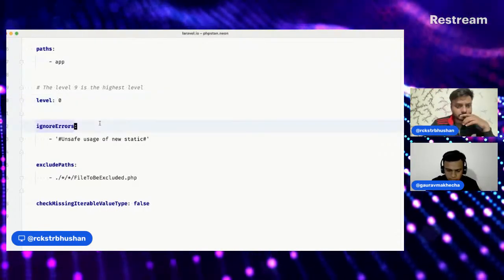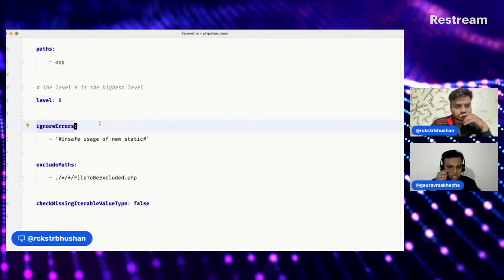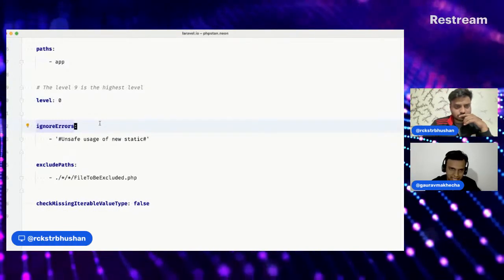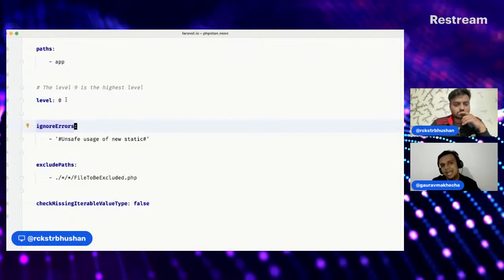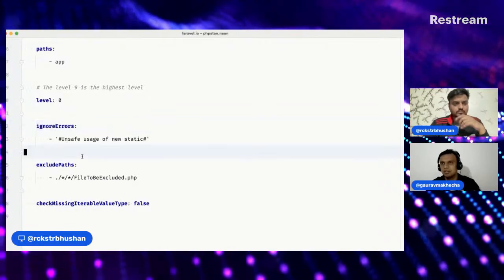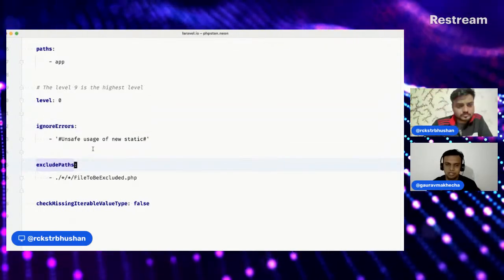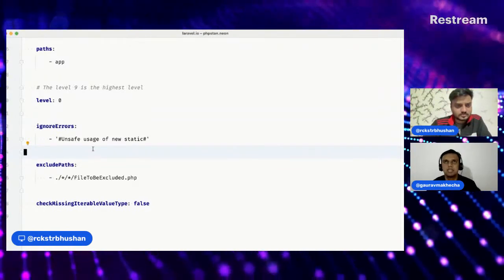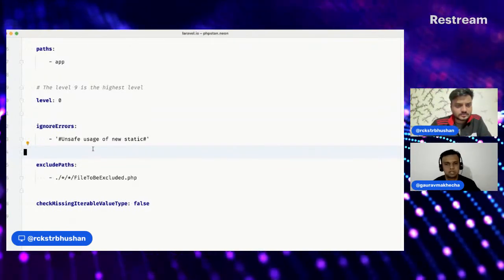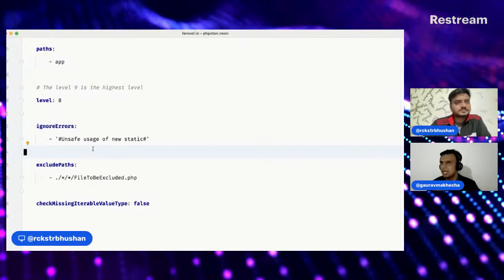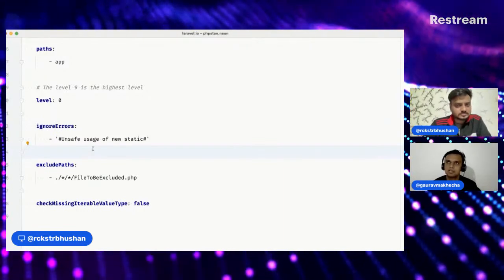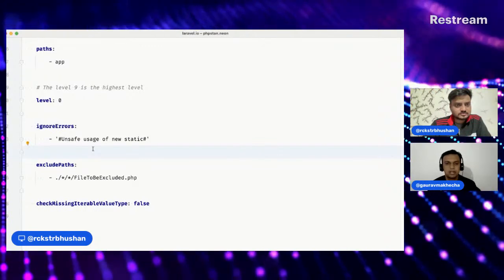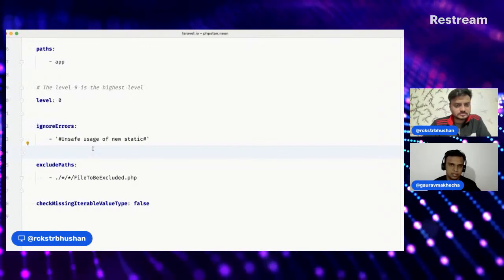And then as we progress, as we make changes in our code base, we will increment that: 1, 2, 3, 4, and up to 9. 9 is like the best of the best. Your code is perfectly statically typed, and you will be saving yourself from lots of possible bugs. But again, going up to the levels of 6, 7 is also very good, whatever you can achieve, whatever time you have.